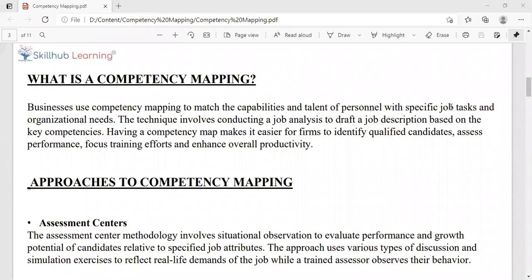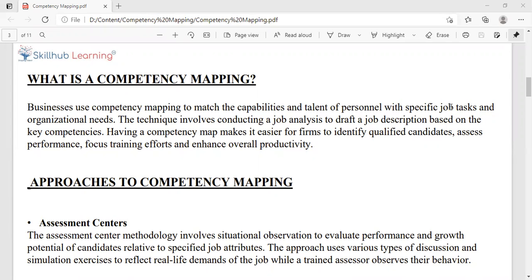A person with the right qualification, a person with the most relevant experience may still be a failure at the job, because performance in the job is not just a result of knowledge and skills. It is a result of the inherent abilities that a candidate brings in. So a competency map helps us identify the qualified candidates.